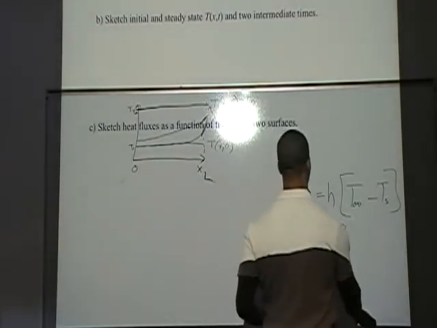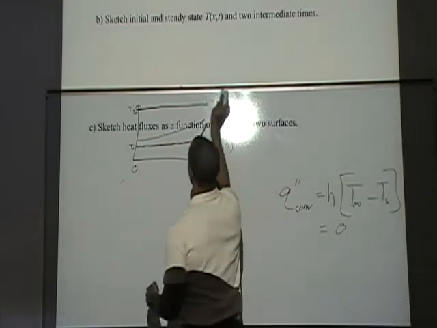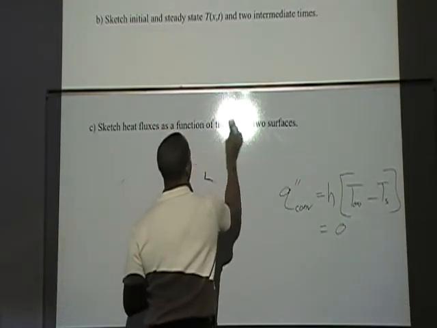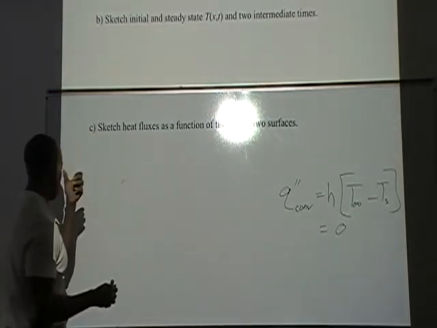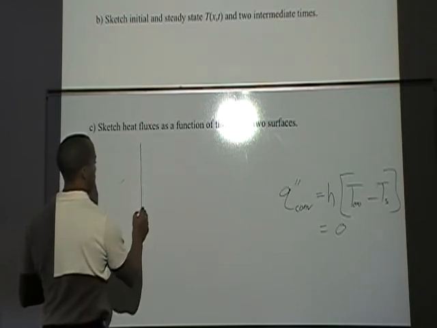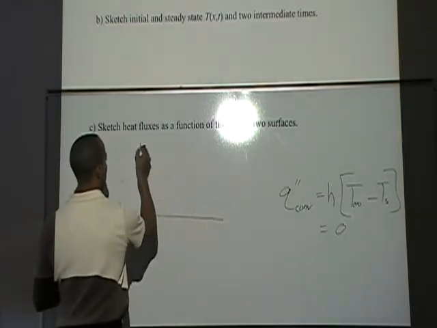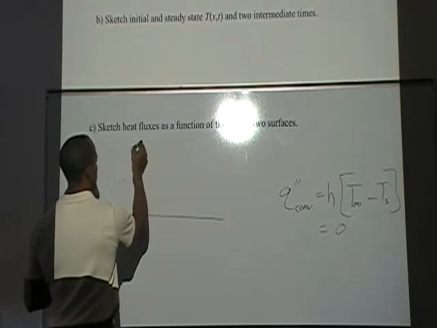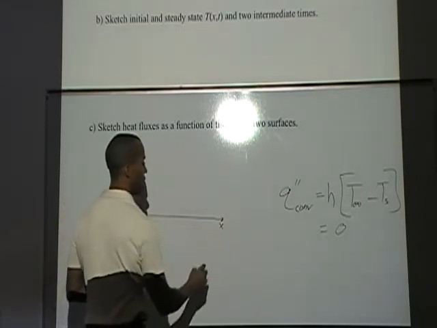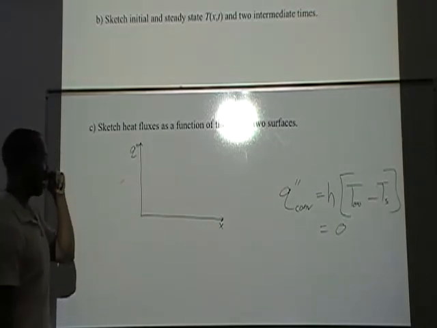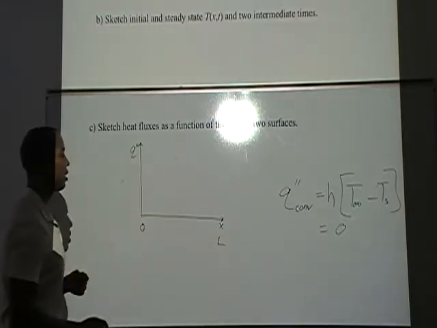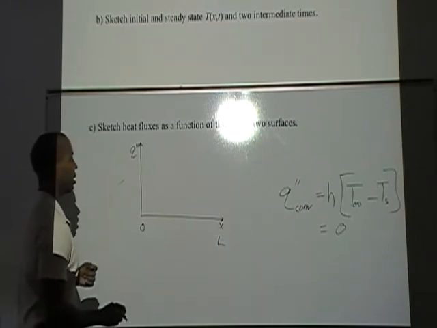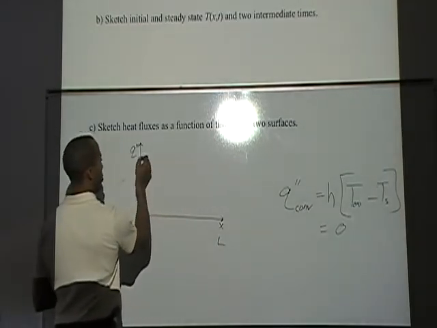So this is kind of covered up here, but next we want to draw the surface heat fluxes as a function of time at the two surfaces. So here we're just illustrating again kind of what was just illustrated on the temperature plot. Let's say that this is x equal L again, and this is x equals 0. Then basically, the heat flux is going to start at some value that's high,